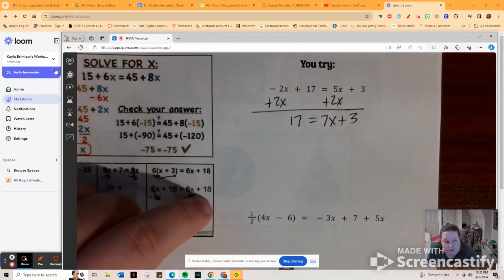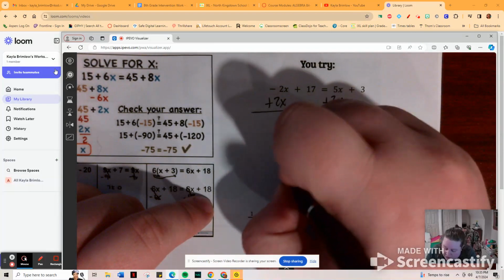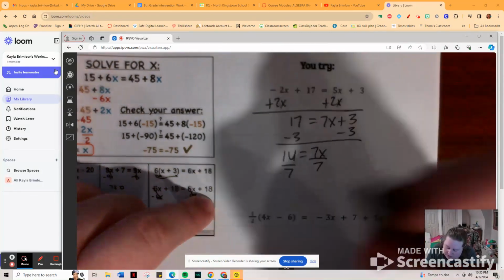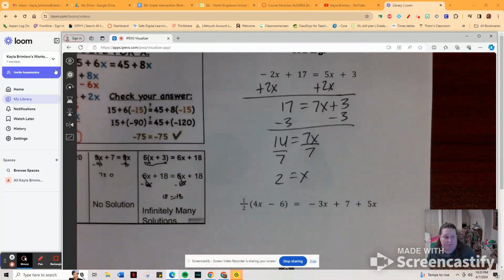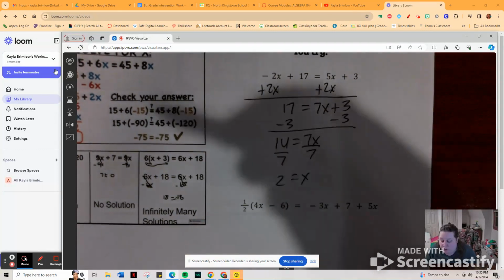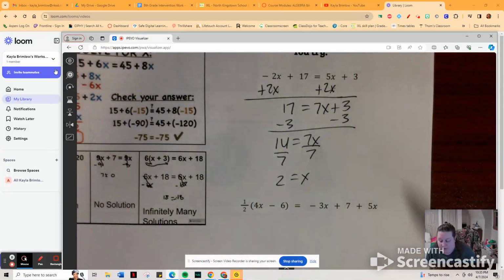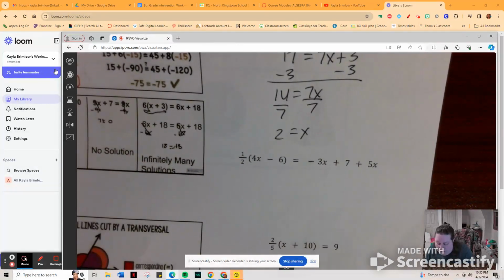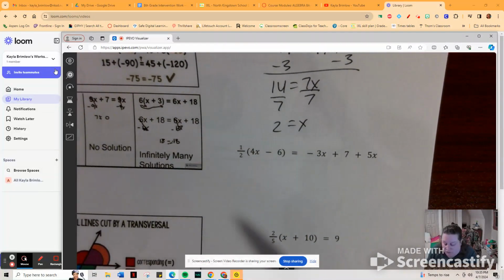Now I'm down to a two-step, so I'm going to subtract 3 from both sides. So I get 14 equals 7x, divide by 7, and x equals 2. So when you're solving equations, you should be using inverse operations, showing all your steps out as best you can with the spacing provided. So for this next problem, before I actually start solving and moving things around, I'm going